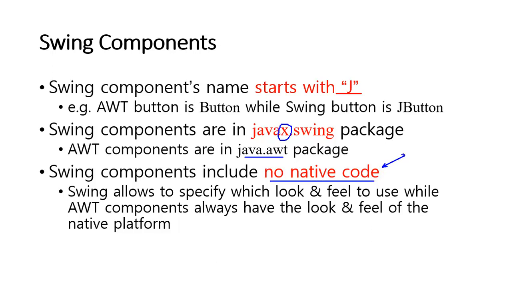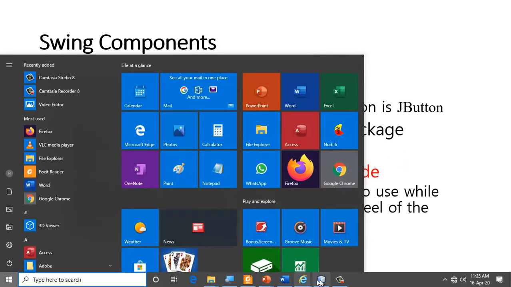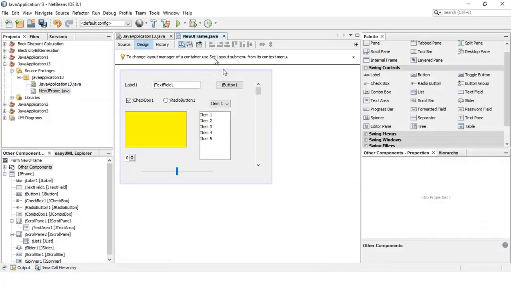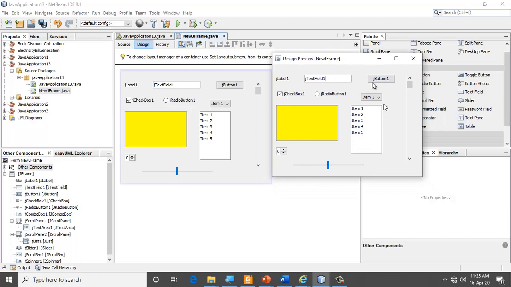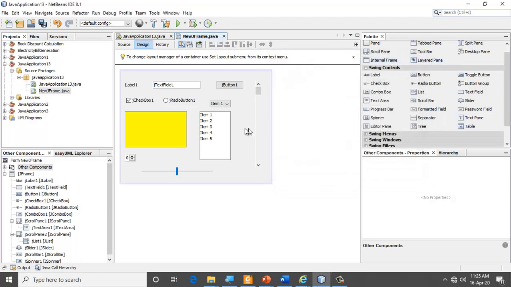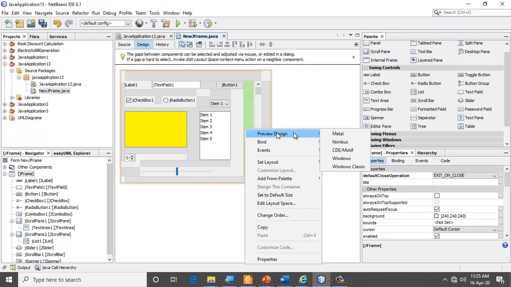What is the speciality of having lightweight code which is not dependent on the platform is we can change the look and feel of the components that we have here. So let's look at what I mean by saying that. Let me go to my NetBeans and let me just preview this one. So this is one look that you have. I'm going to go over here and I'm going to say the design is Windows Classic.